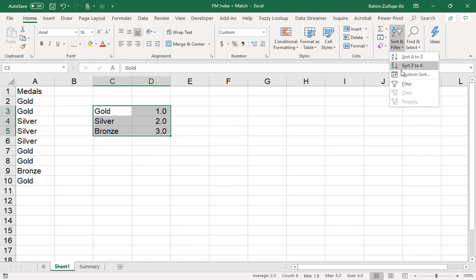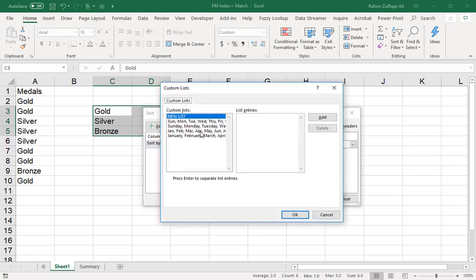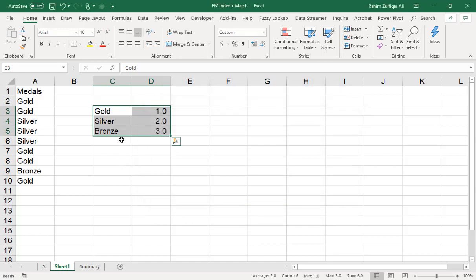Or if we go to custom sorting and select the Custom List option, we don't have any particular list here. Microsoft Excel comes with a very good feature, which is adding your own custom list, and then we can apply it in the sorting options.